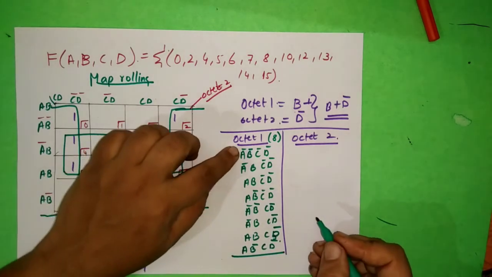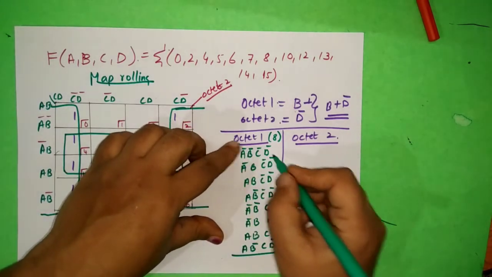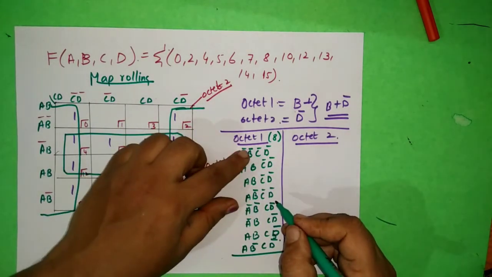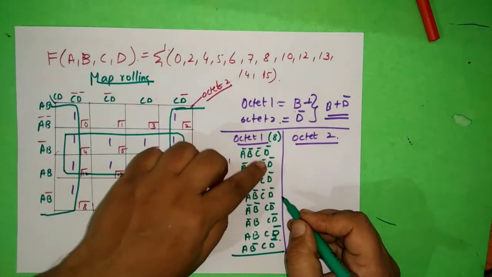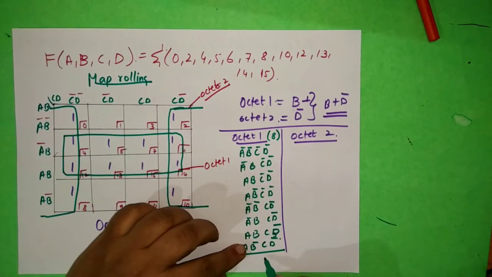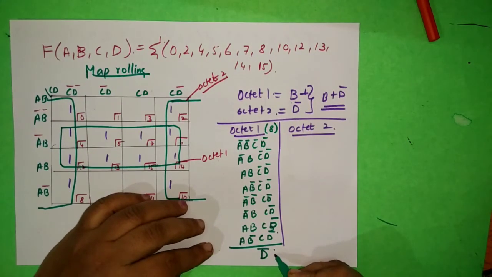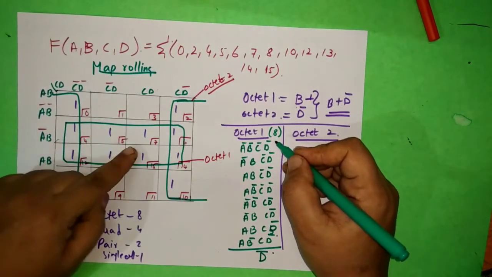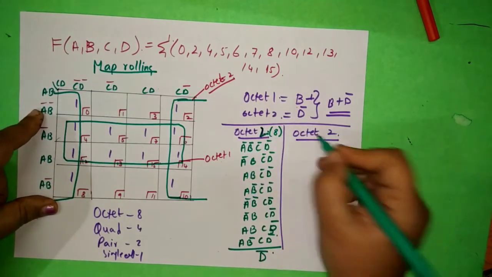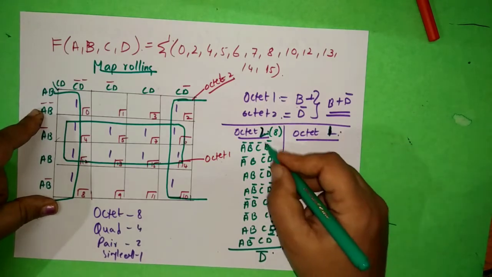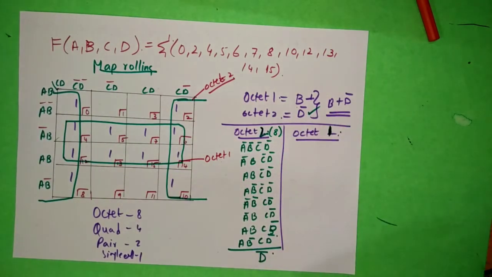So if you see here also, A complement has become A here. So we cannot take A. Okay. We cannot take B also because B complement has become B. But C complement has also turned to C. But D complement is same everywhere. So we got this D complement. This is what we got here also. Isn't it? Yes. So, okay, this is octet 2, sorry, here. This is octet 2. Okay, so for octet 2, the overlapping one I have done first. So here we got D complement, it is same.